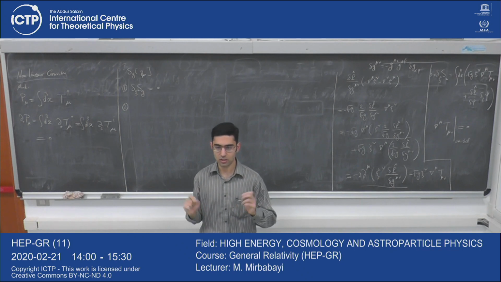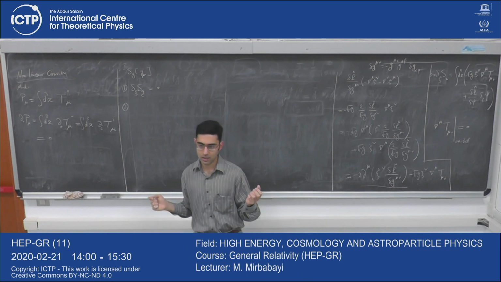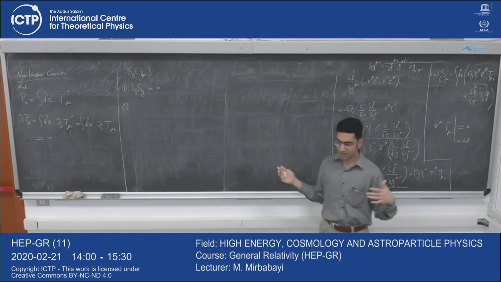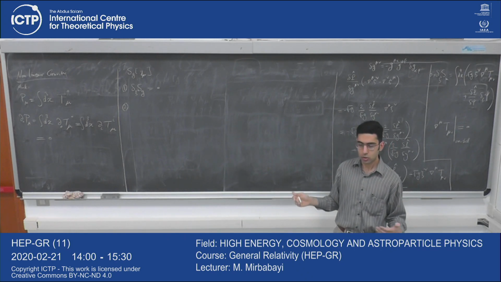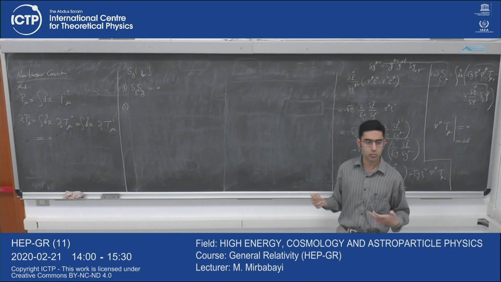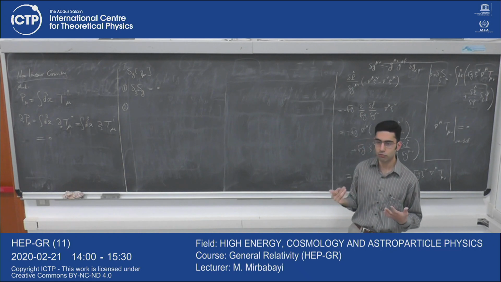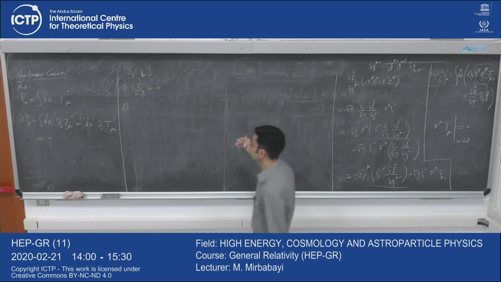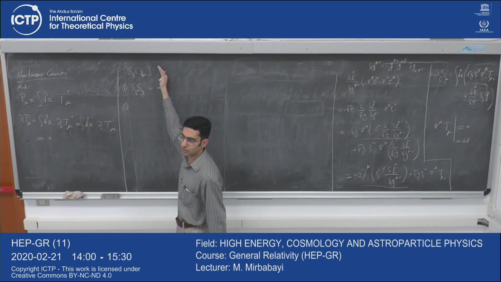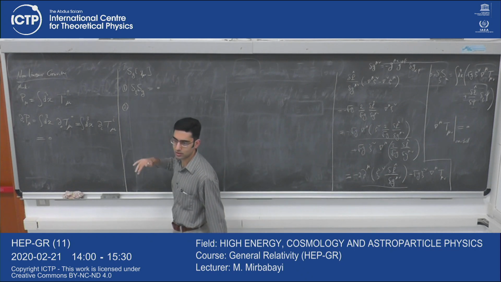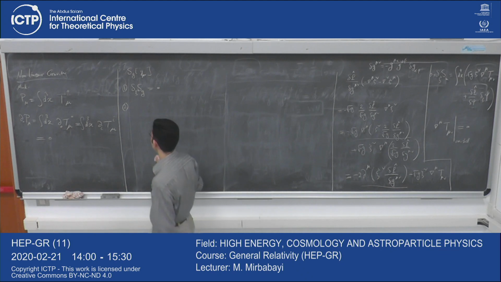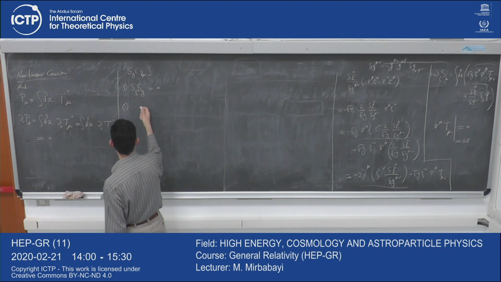We wrote a quadratic action for that. And that has a nice Newtonian limit. It works well when we are in the weak field regime. So whatever nonlinear theory that we write, it has to reduce to that when we go to the weak field regime. So at quadratic order,